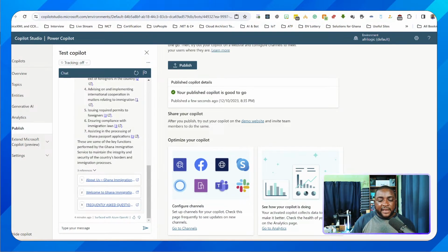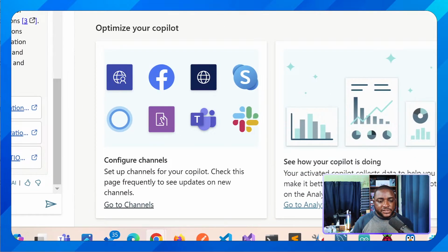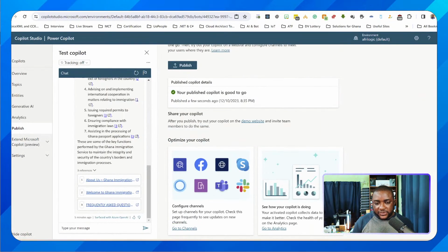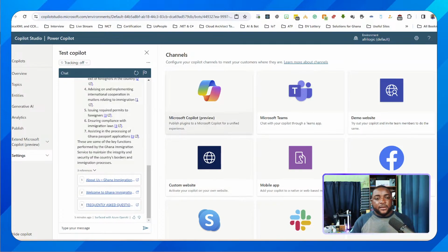Now, after it is published, where do we want to optimize, or how do we want to access it? So I mentioned that you can use any of the channels. Let me open the demo website on the side, but I can go to channels right here, down here. You can go to channels, and you can see all the channels you can publish your bot to. For the purpose of our session today, I'm going to go. Actually,